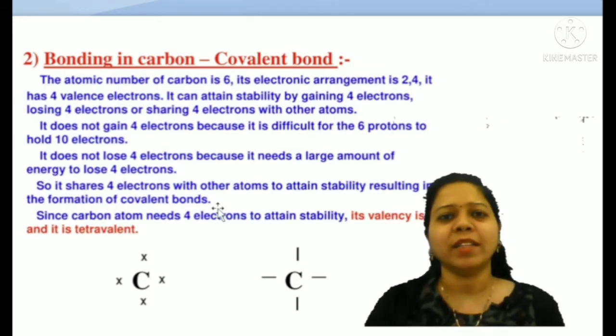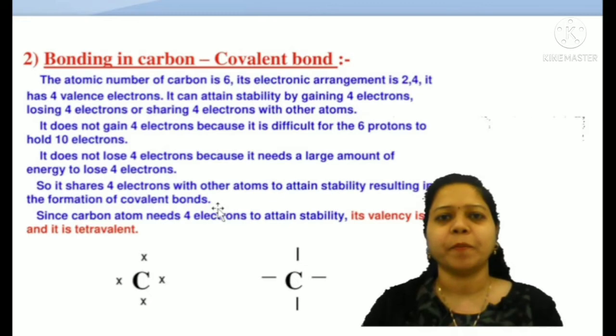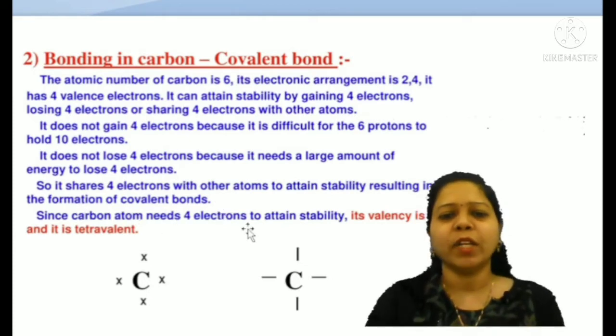Carbon is ready to share its electrons with other elements to form a bond, to form a compound, because to attain stability. And the sharing of electrons forms a covalent bond. The bond which is formed because of sharing of electrons is known as a covalent bond, and that's why carbon forms covalent bonding. Since a carbon atom needs 4 electrons to attain stability, its valency is 4 and it is